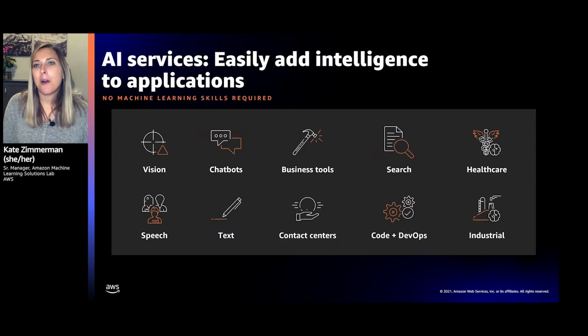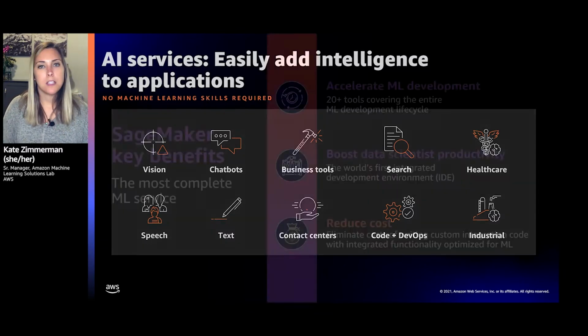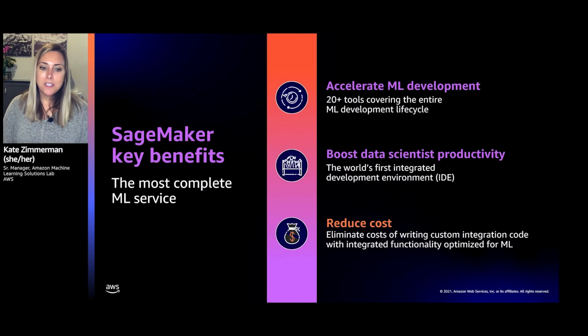So you get a lot of automation of spinning up the GPUs, you get a lot of automation and the packages preloaded, but you also get the flexibility of using your own data. And so for those, we recommend Amazon SageMaker. And Amazon SageMaker is our machine learning platform. There are a lot of features built in there. In fact, we have over 20 tools that are designed to cover the entire machine learning lifecycle. And the whole goal of SageMaker is to accelerate machine learning development and boost your data scientist productivity.